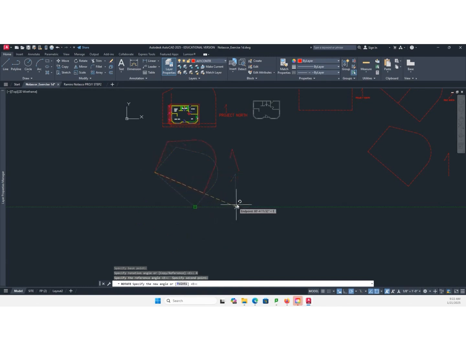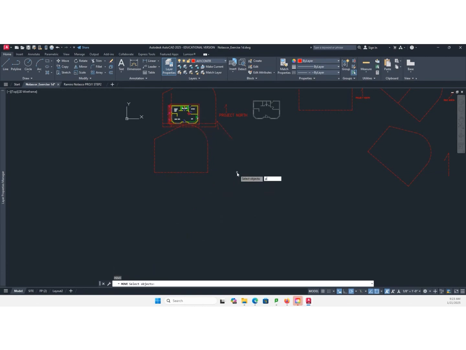Because we have that, we can now rotate this, snap to the 0 angle, and align it to the building. So that's how I did that.